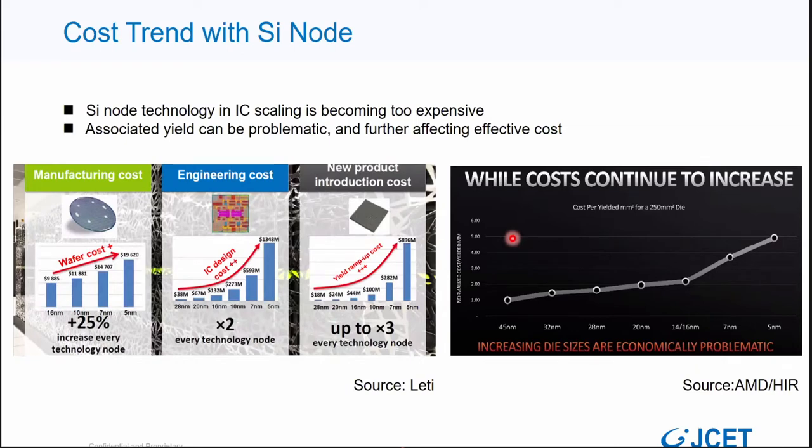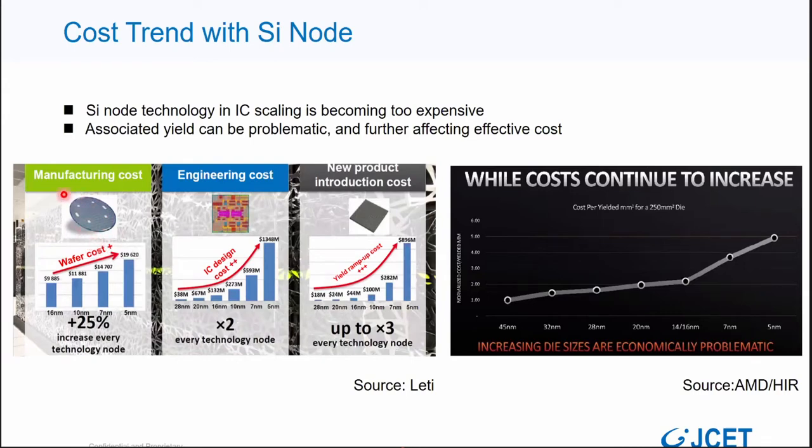As William also presented previously, for the silicon node, the cost trend keeps increasing with silicon node progress. IC scaling is becoming more expensive, and the associated yield can be problematic, further affecting effective cost. From the slide, you can see on the left, the wafer